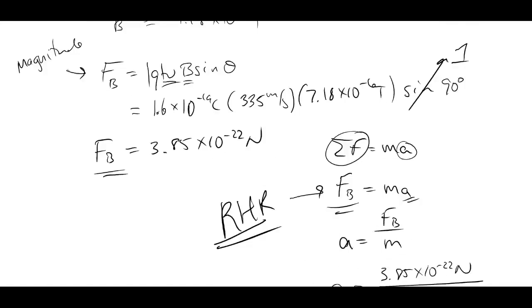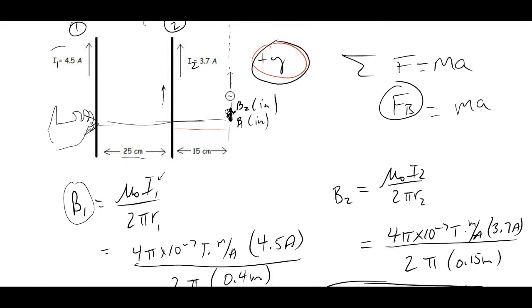So if I take a look, let's go back up here. I'm going to redraw this picture. We know that the field is in and the velocity is up. I want everybody to do this. I know this is crazy, but you're in front of your computer screen. You're going to do this with me. Take your thumb and point in the direction of the velocity. So I'm going to point it that way. Then I'm going to drive my fingers into the board. If you do that with your right hand, you'll notice that your palm faces the two wires. Okay? So with the right hand rule, thumb is up, fingers are in, my palm, which would cause the force, drives towards the wires. However,